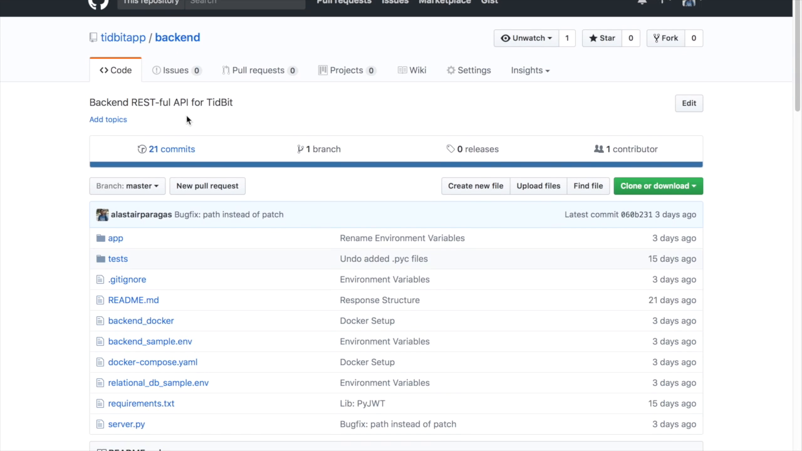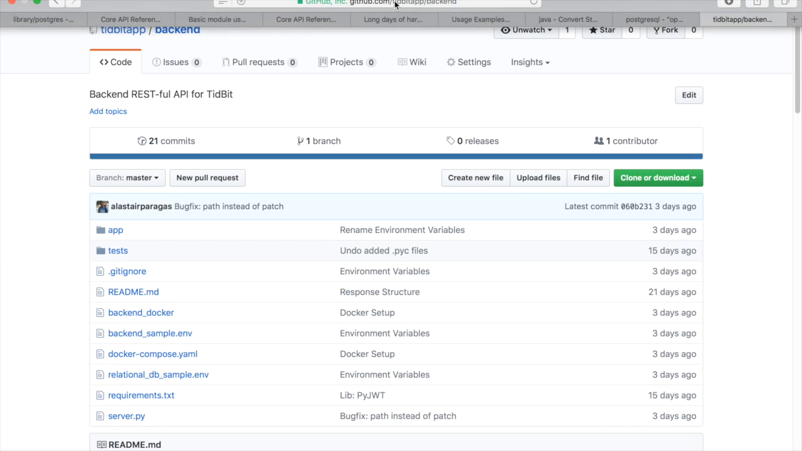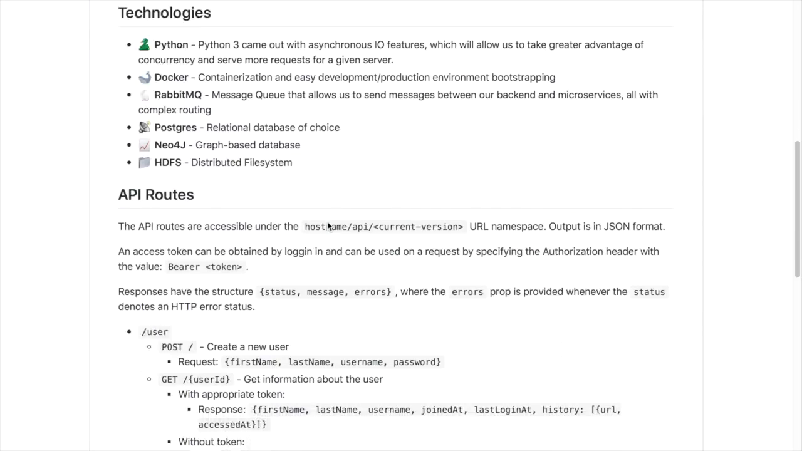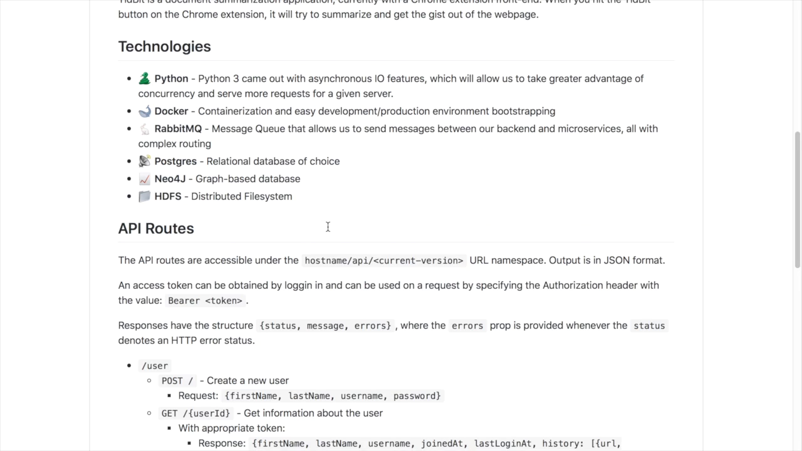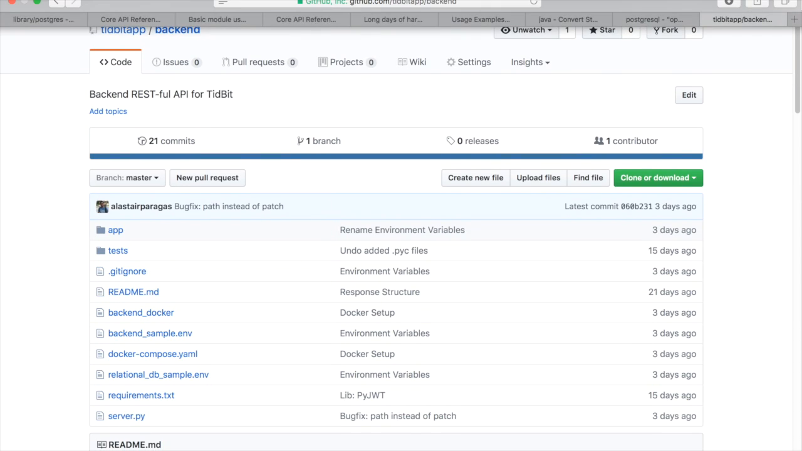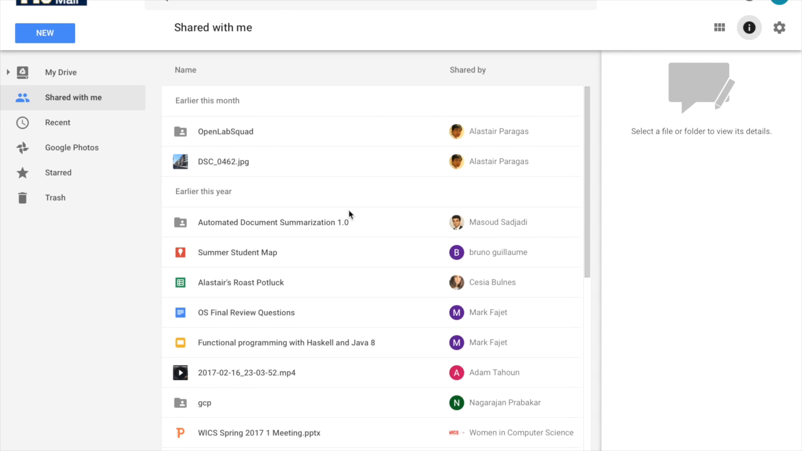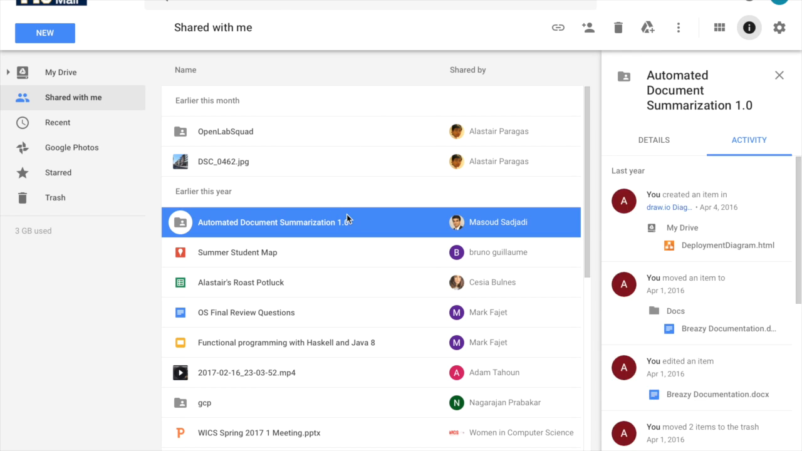My portion is in Tidbit app, github.com/tidbit app/backend. And of course, you can see our nice documentation, our relational database schema, our API routes, and the technologies that we have used. And Dr. Sajadi has shared with us our automated document summarization